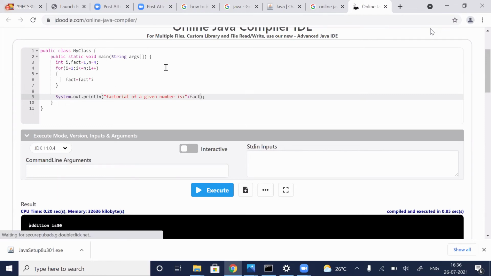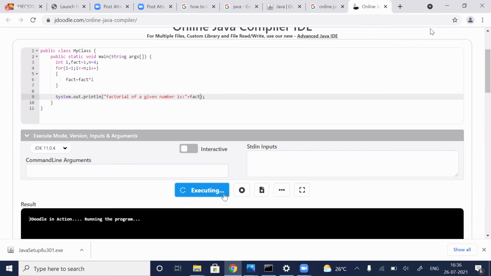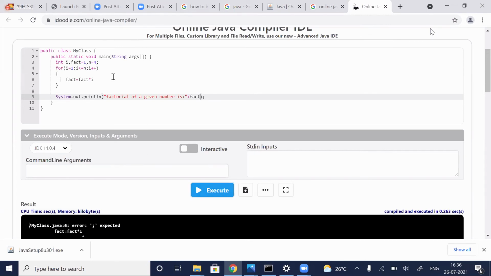Okay, now we'll check whether it executes or not. I forgot to give a semicolon here.